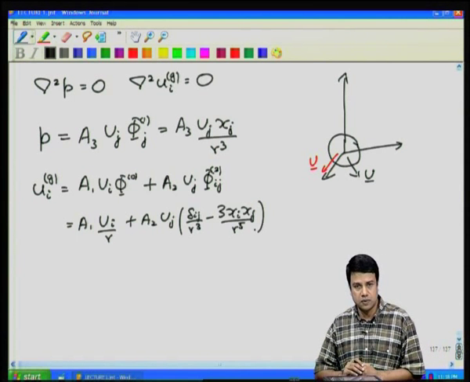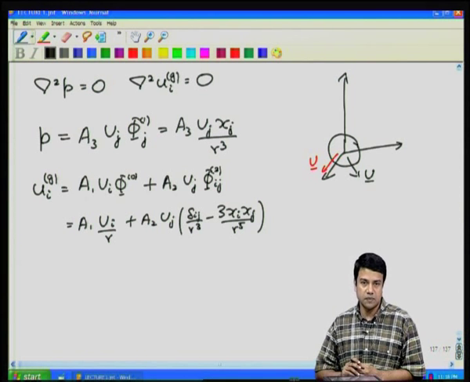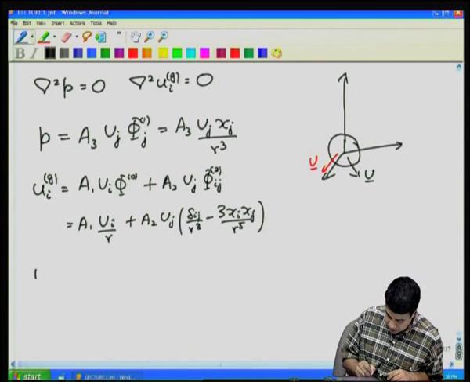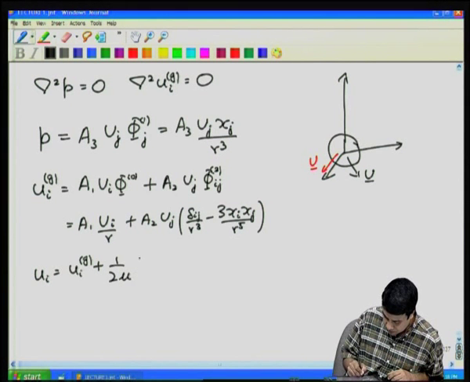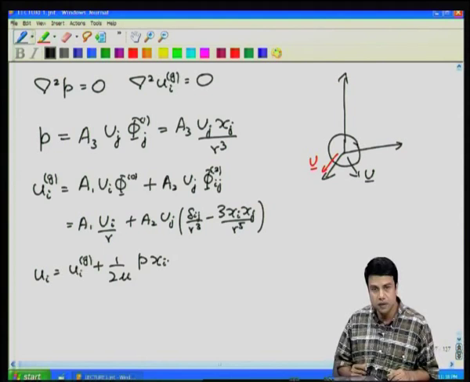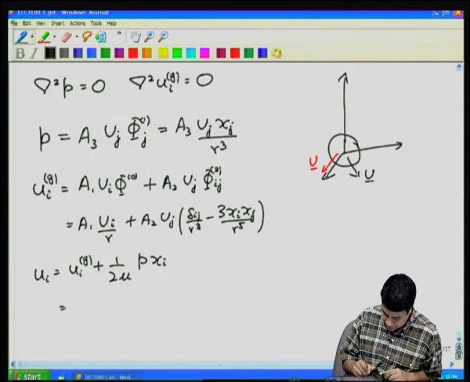So, that is the quadrupole spherical harmonic, phi 2 ij. So, these are the complete solutions, and now I have to determine in these solutions the constants a 1, a 2 and a 3. I know that u i is equal to u i general plus 1 by 2 mu p times x i. This is equal to a 1 u i by r